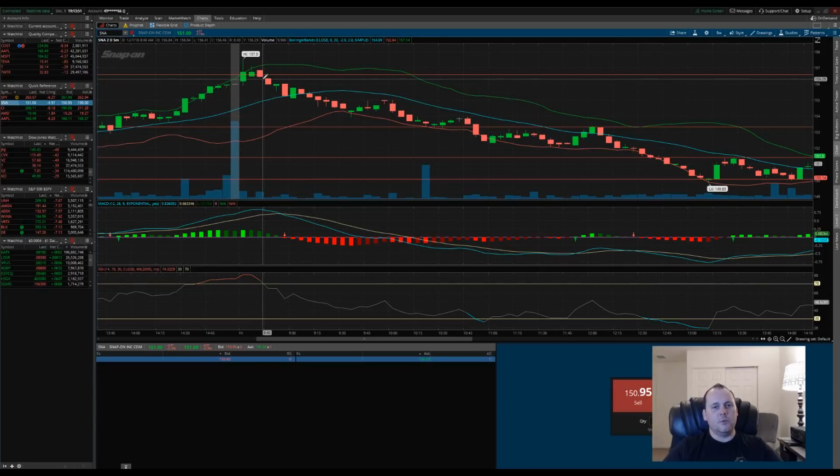Now, is everything 100%? Absolutely not. This could have gone down for one candlestick and bounced. But this right here, it struggled at this resistance. I mean, it did go past it, but it got rejected. And so this candlestick, I would have bought in right here, and I would have watched it,